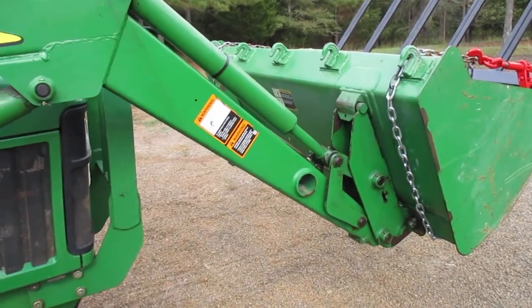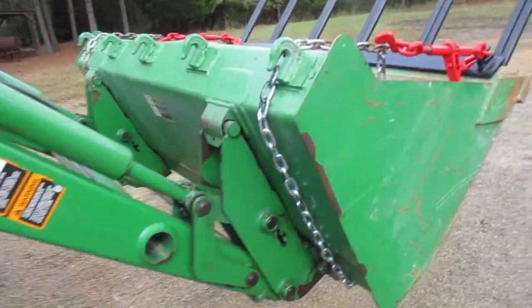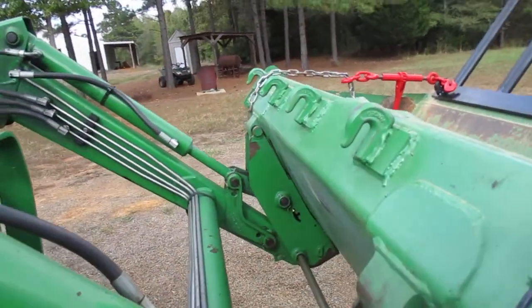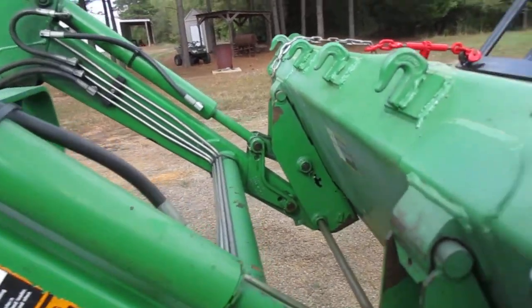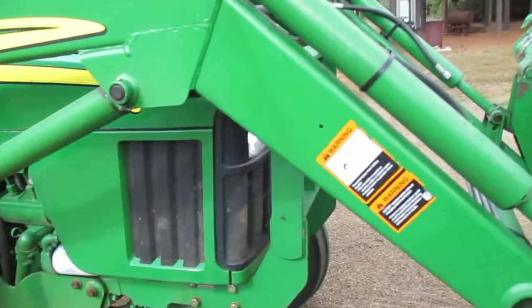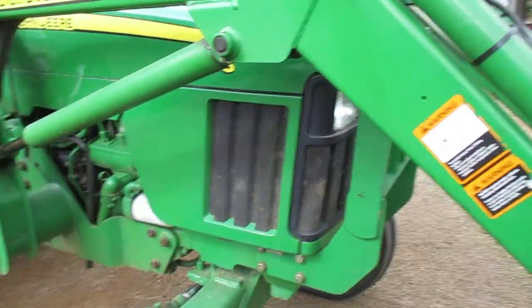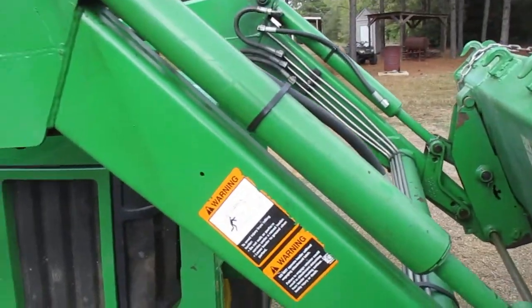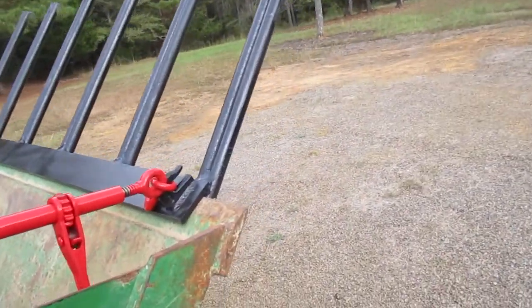And this is a 512 loader. I rebuilt both of the tilt cylinders. They're doing just fine. No leaky. These are the tilt cylinders. I want to tear down the lift cylinders maybe this winter. I got the kits to rebuild them both. It's not difficult. Just got to take time. Don't get in a hurry. But anyway,